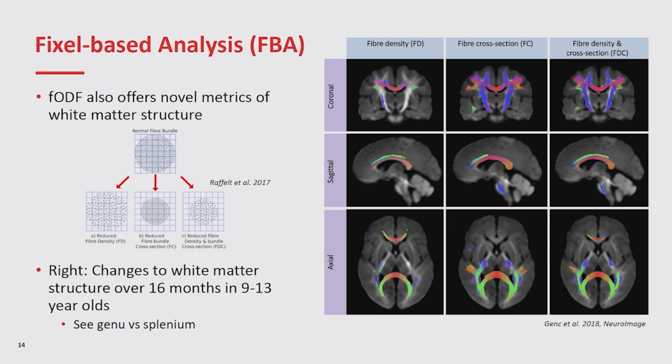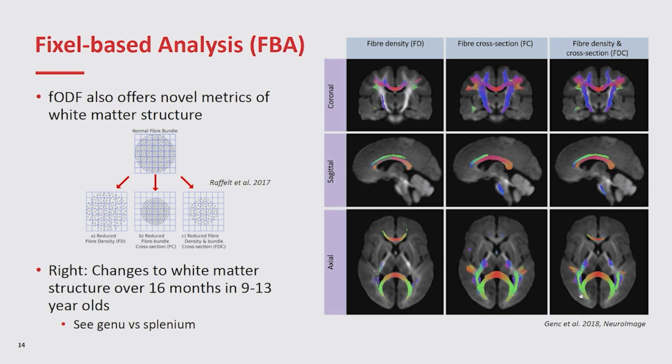So pixel-based analysis offers metrics like fiber density, fiber cross-section, and the product of the two, or FDC, which would be closest to FA, I would say, because it's kind of lumping multiple features together. And I'm going to take this opportunity to direct your attention to the genu and the splenium, the genu being the front of the corpus callosum here, and the splenium being the back of the corpus callosum, which I've already